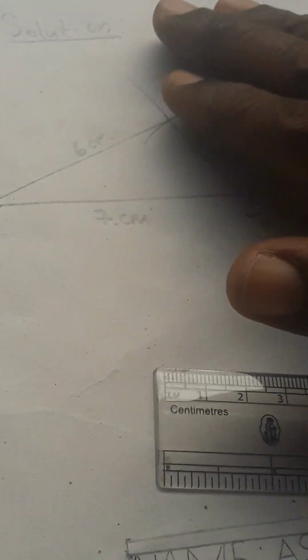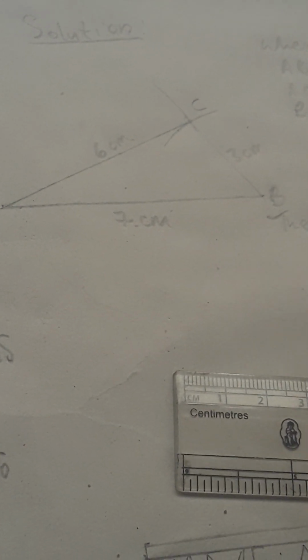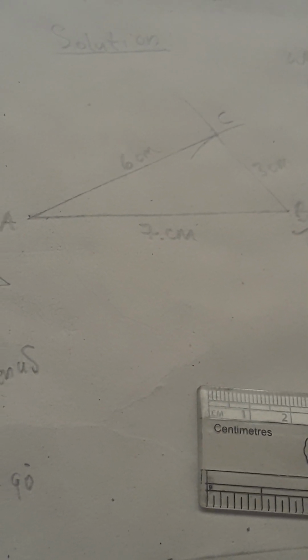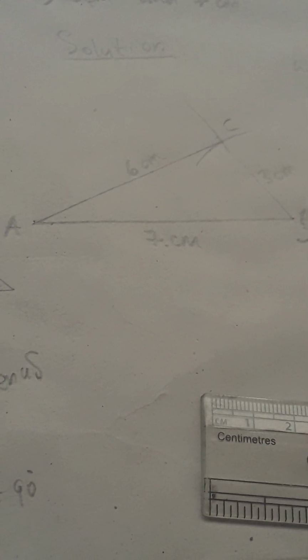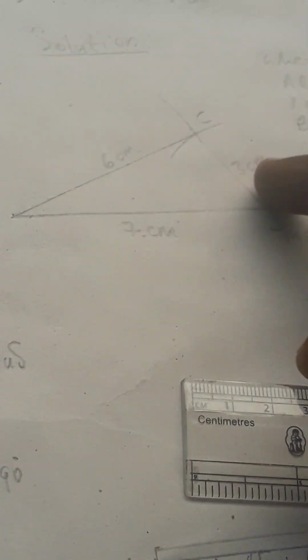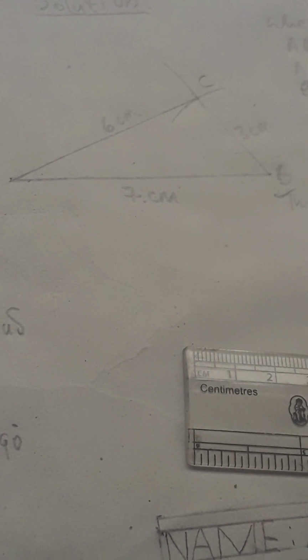So that's exactly how to construct any triangle given the lengths of the three sides. Whenever you are given the lengths of the three sides, this is side 1, side 2, side 3 of the triangle. Remember we told you that a triangle is a plane figure bounded